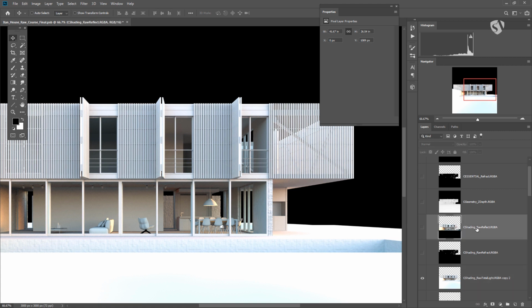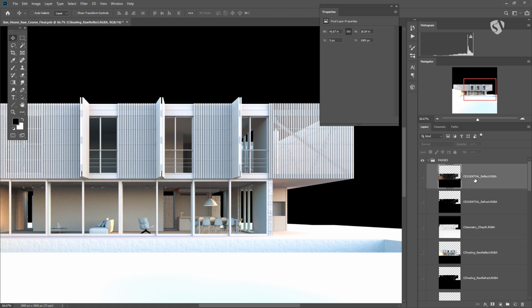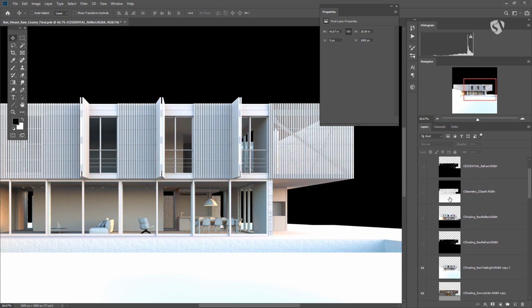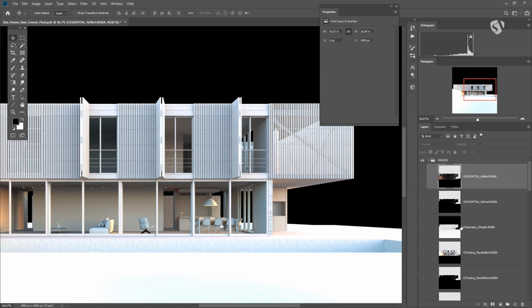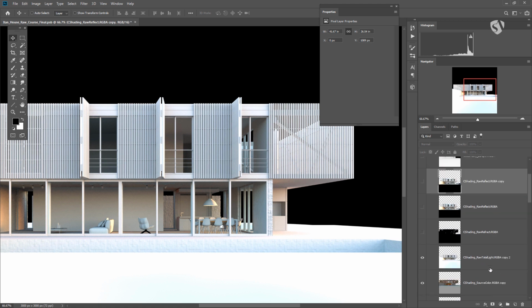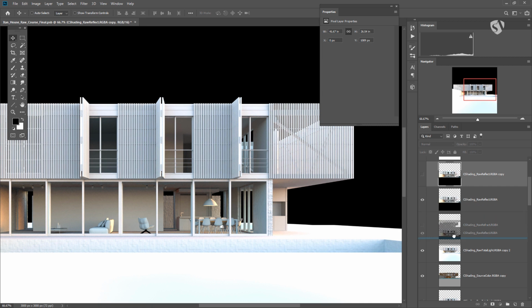I mean, you can use the raw reflection. You can use the reflection, which is basically the actual reflection of the scene. I mean, you can test this stuff out. And if you use the raw reflection, you will need to mask this manually or with the normal pass you're going to see in the future. I'm going to use the raw reflection because I have more, I would say, room to play with, okay? So I make a copy of the raw reflection, and now I have this new copy,